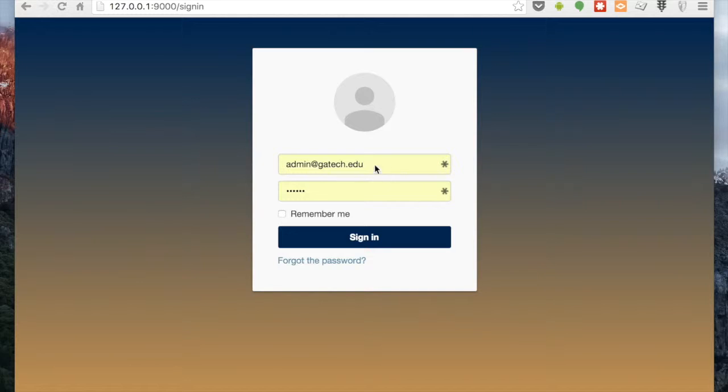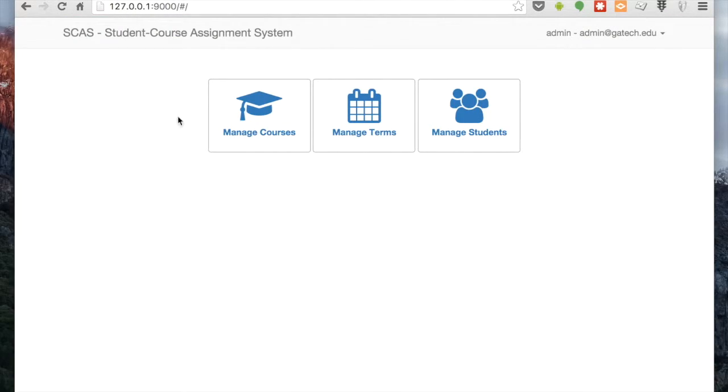All the accounts for demo purposes have already been pre-created in the system. So let's log in with the admin user. This is the home screen for the admin users and all the actions and options the admin has on the system. So for this assignment, and based on the scope, we limited our project to admins can manage courses, terms,